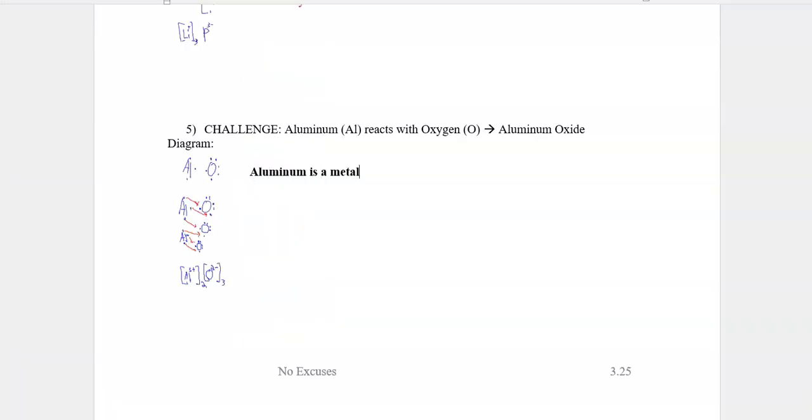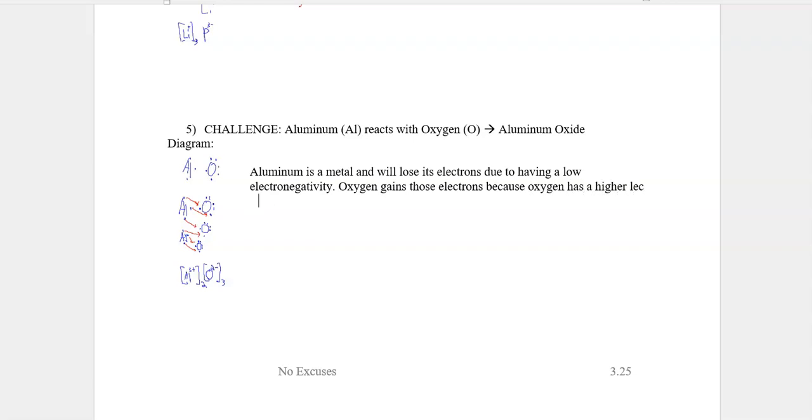Aluminum is a metal and will lose its electrons due to having a low electronegativity. Oxygen gains those electrons because oxygen has a high electronegativity. Specifically,